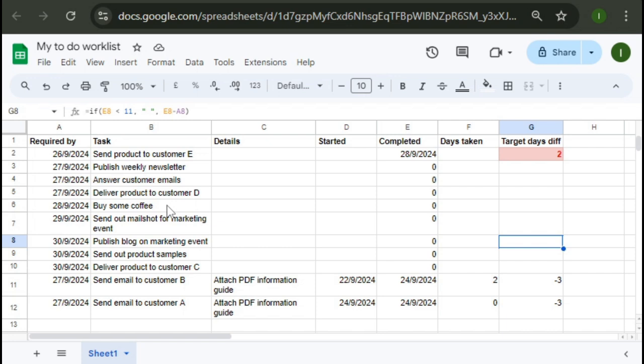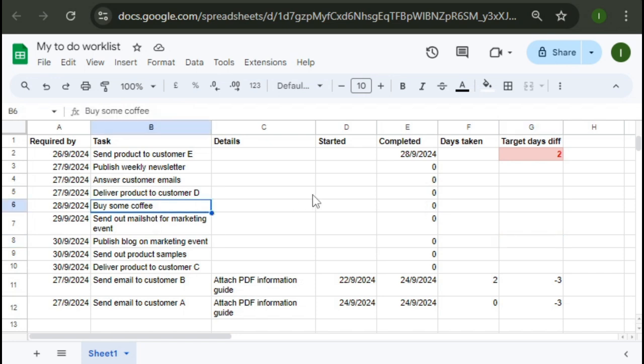So what I want to do in this video is add a new row, but when I add the new row, I want it to add the number 0 automatically into the E column here. Because as explained in the previous video, we want to be able to sort by the completed date, so we want the rows with the 0 to come before the rows with the completed date, because this is when the actual task has been completed. So we want these which have been completed to be at the end of the spreadsheet rather than at the beginning. So in order to do that, we need to add or insert the number 0 whenever we add a